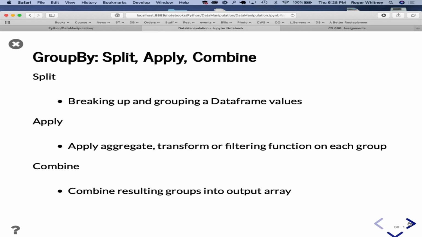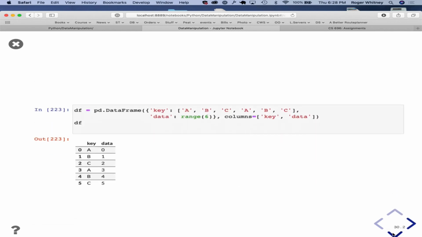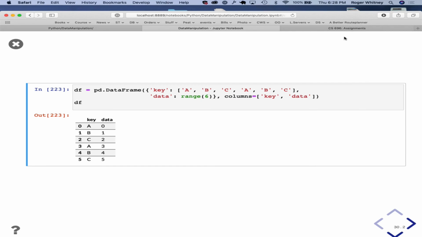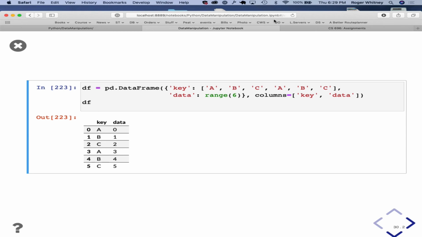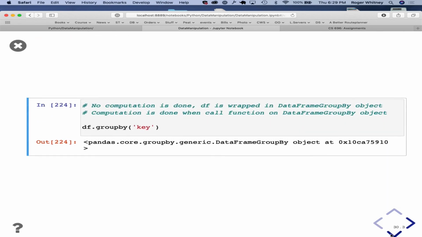So we can break up values and group them. We can aggregate things, or transform, or filter, and now we can combine results. We do a bunch of crazy things. Again, more fake data: a key column with characters, data of numbers.